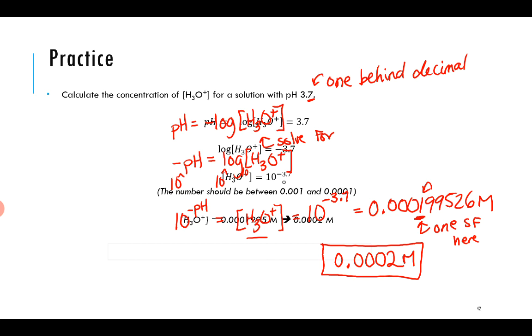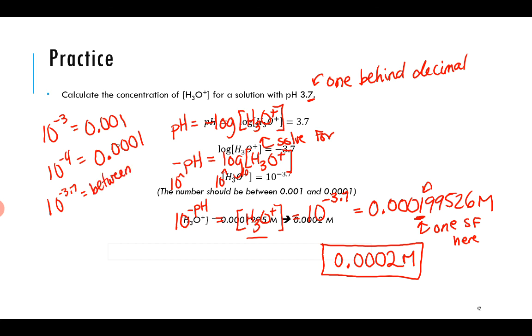You can also do a prediction to make sure that you're calculating things right. So remember, 10 to the minus third is equal to 0.001. And 10 to the minus fourth is equal to 0.0001. And so if we are doing 10 to the minus 3.7, we expect our number to be between those two numerical values, but closer to the bottom number. And our number is